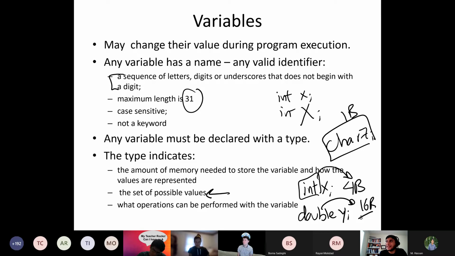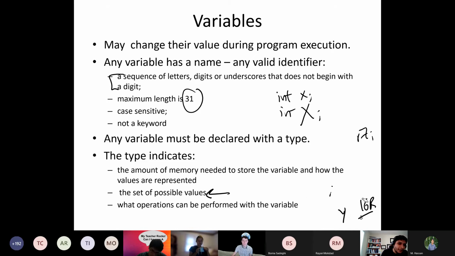For example, if I define something as character, you cannot store ABC into it. You can only store A as a single character, or B or C. But a single character can be interpreted, as we will see later on, as a single byte or 8 bits, right? So it's enough to store the variable in 1 byte if it's a character. Good.